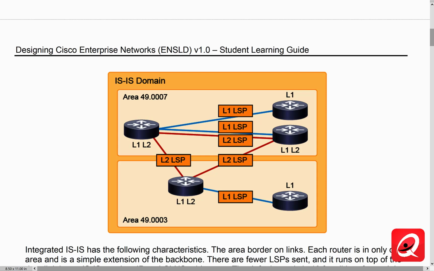ISIS, as I mentioned before, is a link state interior gateway routing protocol. It does run Dijkstra's algorithm, the shortest path first algorithm, to create the database of the network's topology. And then from that database, we determine the shortest path to our destination. Again, OSPF was developed by the IETF. ISIS is an ANSI ISO protocol that was developed by Digital Equipment Corporation, DECnet,